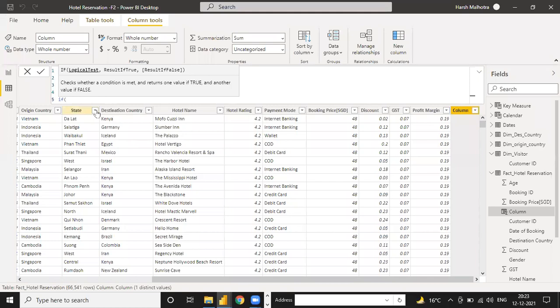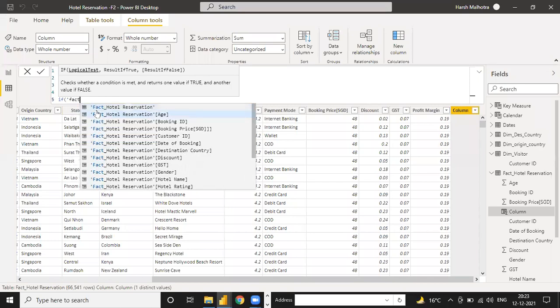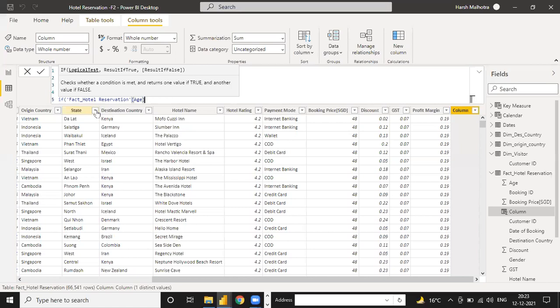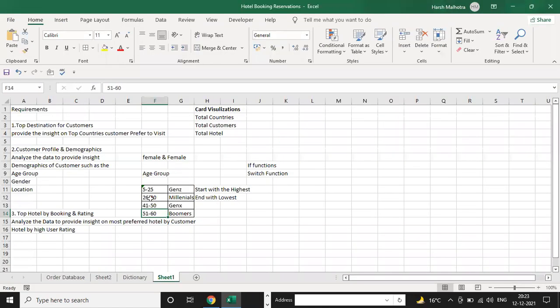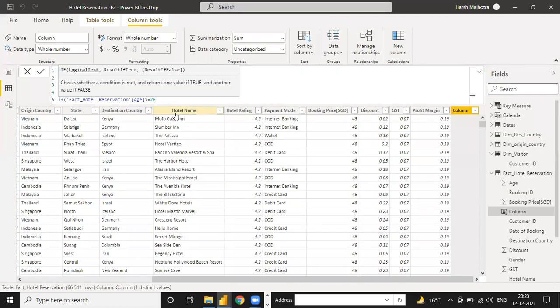So next, under this fact table, age column, use greater than or equal to 26, because the third condition is for 26 to 40. It means equal or greater than 26, then the value will be millennials. So you have to put it here as millennials.